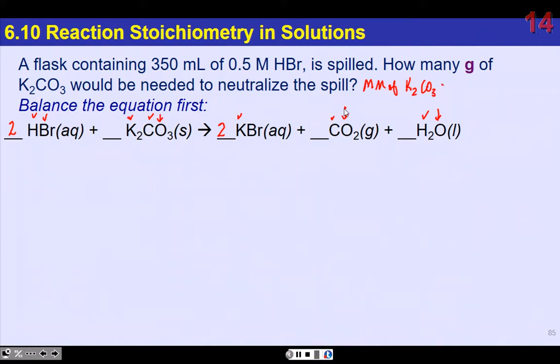And if you pay attention to your good friend the periodic table, it's going to be 2 times potassium, 39.1, plus carbon, 12.011, and 3 oxygens, 3 times 16. Put it in your calculator. Hopefully we can do this all the same and get the same answers. I got 138.2